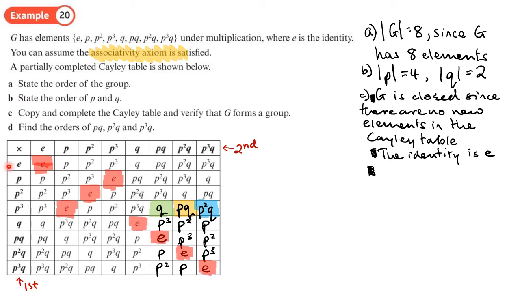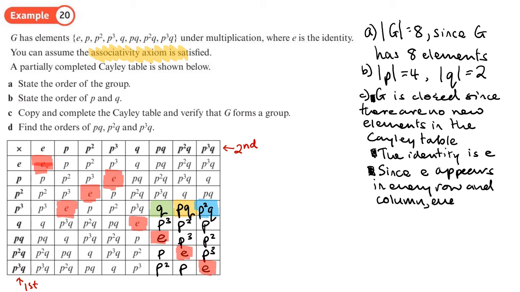And yes, there is. Going across, every row has an E in it. Every column has an E in it. So we can write down, since the identity appears in every row and column, every element has an inverse,